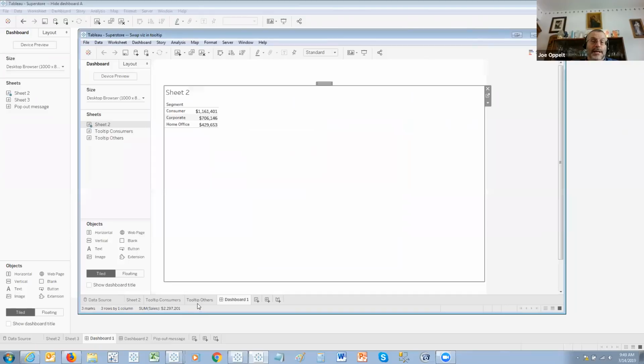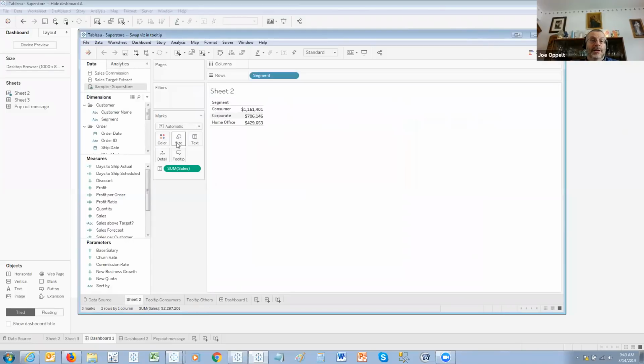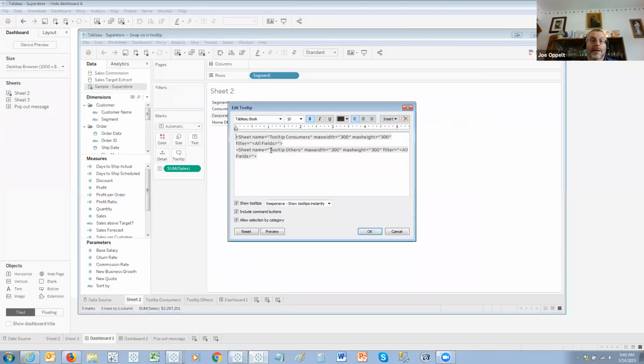And how did I do that? For this sheet, in my tooltip, I have both of these sheets in there, okay? And one sheet or the other will display depending on the condition that's hit. And only one will display, not both of them, because one will display if consumers is hit, and the other will not display if consumers is hit, and vice versa. So you can put multiple sheets in the tooltip, and in fact, just to show you here what would happen if,